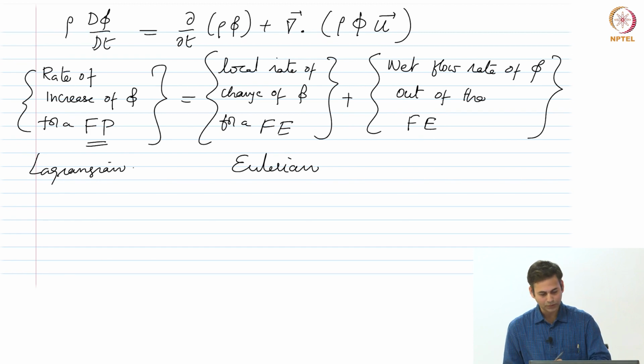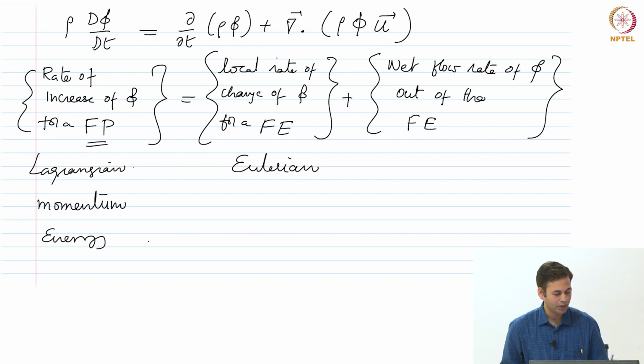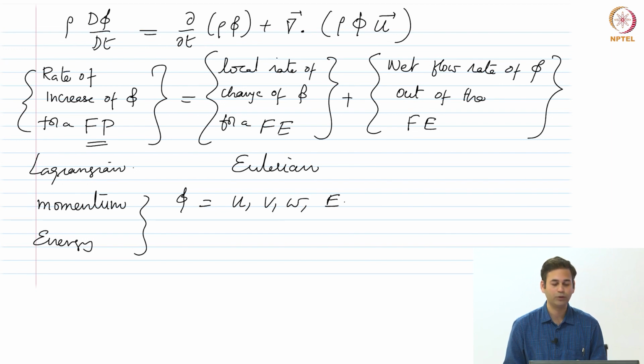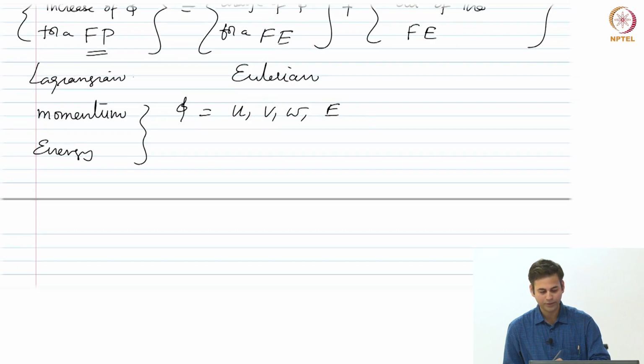Now that we have derived this expression, it is very easy for us to write the three components of the momentum equation and the energy equation by simply changing phi to assume u, v, w and e. Where u, v, w are the three components of the velocity and e is the total energy that is stored in the fluid. Because the momentum equation says that